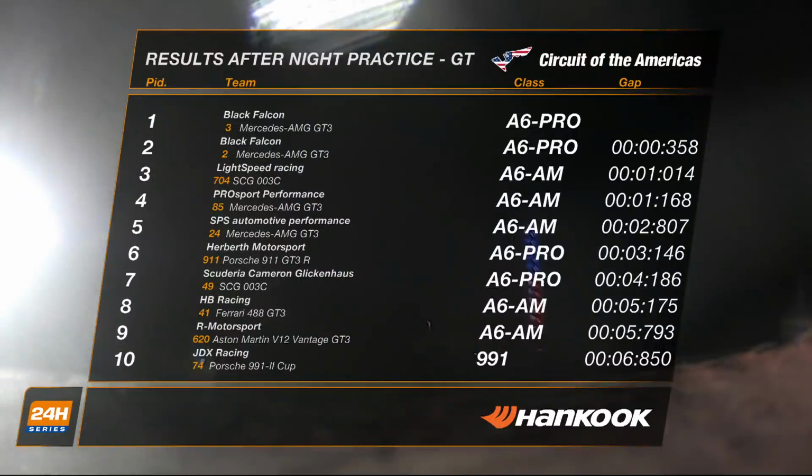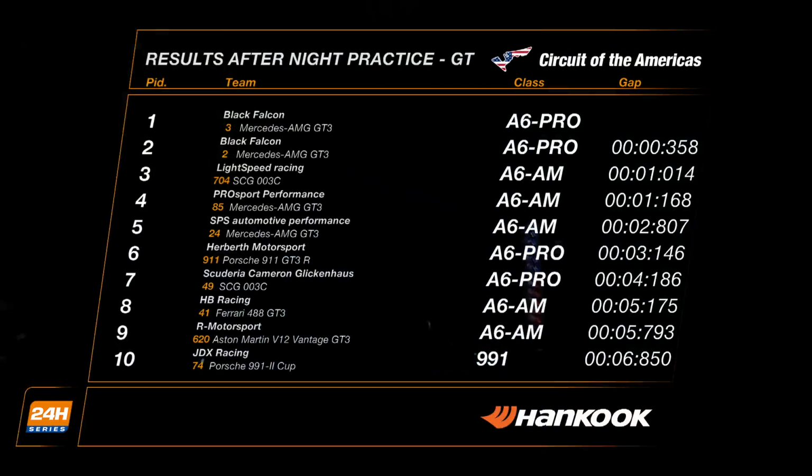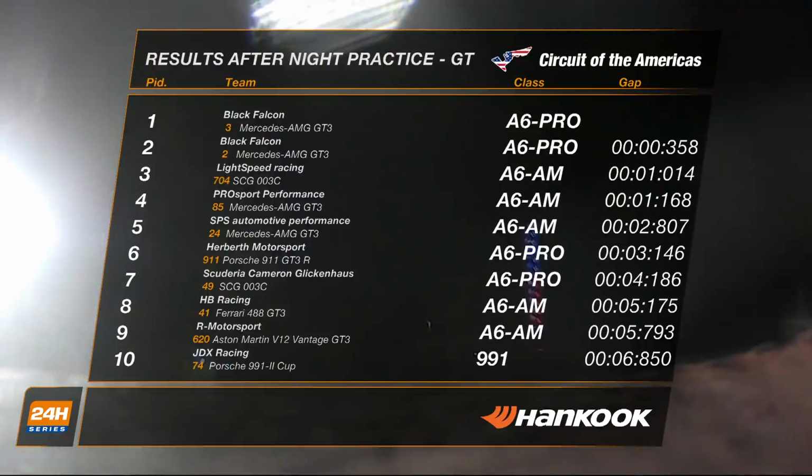As far as the GT times this evening go, a very respectable 2 minutes 7.673 for Black Falcon, the number 3 car, and they've got first and second here. That's not how the qualification went. Our Motorsport with the Aston Martin will take pole position and therefore lead the cars around to the green flag. But for this evening, Black Falcon showing great strength in the darkness, and right up there with them, Lightspeed Racing with the ARM version of the ARM driving team of the Glickenhaus